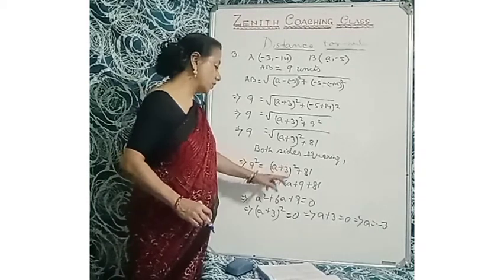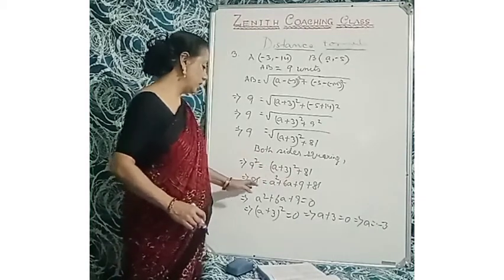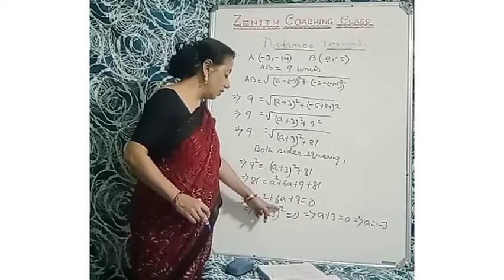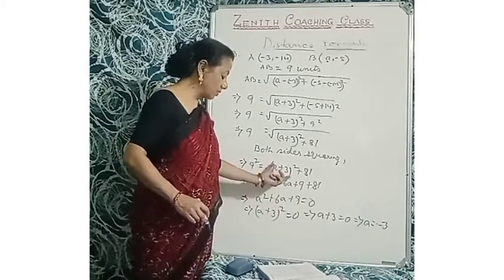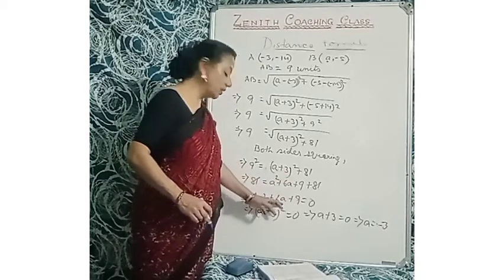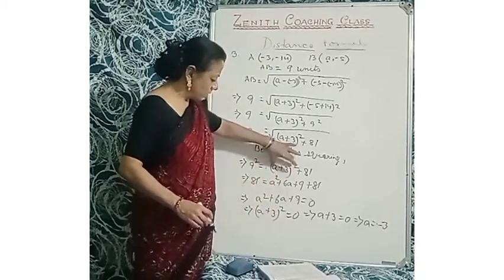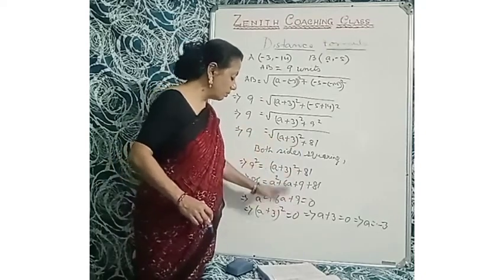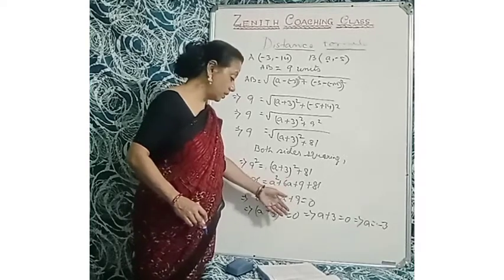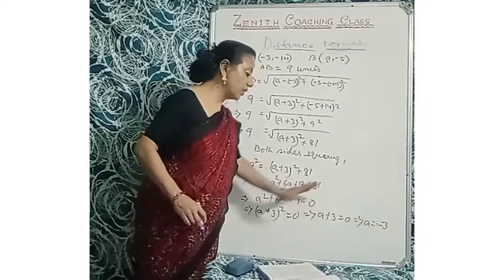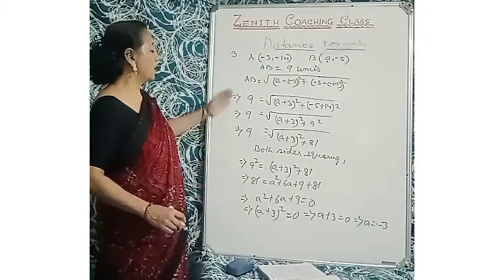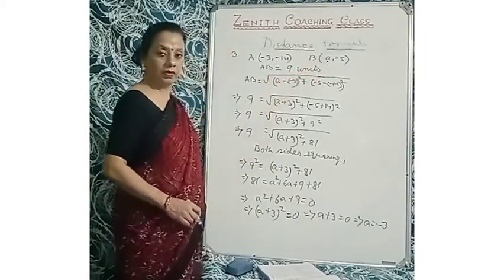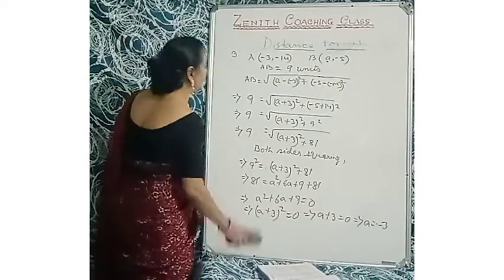9 square equals (a plus 3) whole square plus 81. So cut 81. So a square plus 6a plus 9 equals 0, that is (a plus 3) whole square. I should write this also, but it is a lengthy line, I can just omit it. This one you can write directly here. So (a plus 3) whole square equals 0. Just omit the square. So a plus 3 equals 0, so a equals minus 3. So with the value of AB, I can find out the value of a. Okay, children, understood the sum?